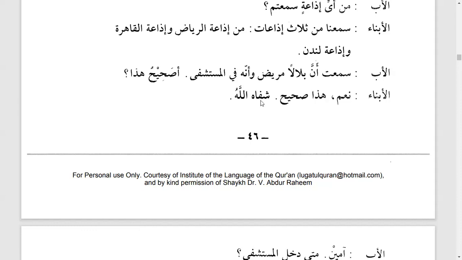Okay. So as we know that the attached pronouns will be used with the verb, that's why this is one of the places where the object comes before the subject. Normally, first there is a verb and then subject and then there is object. For example, the example I gave you from the beginning, خلق الله الأرض. خلق verb, Allahu subject, al-arda maf'ul. But here we can see that hu has come before the subject because it has to come with the verb.